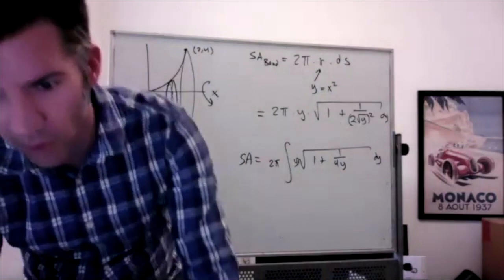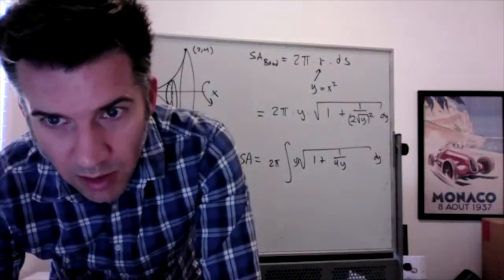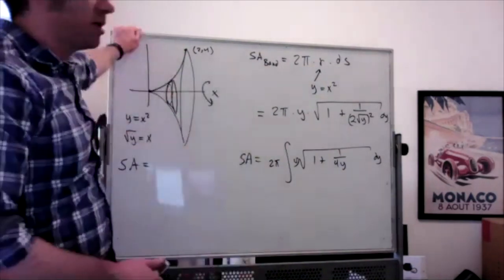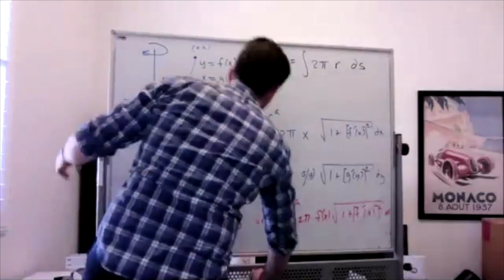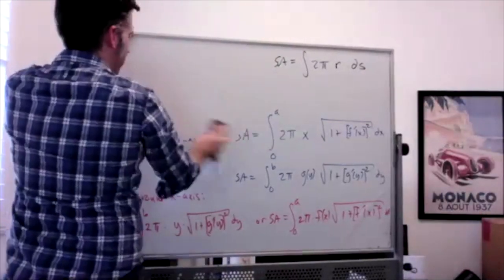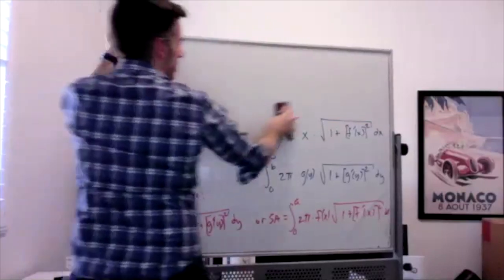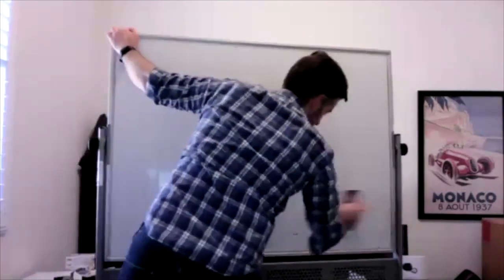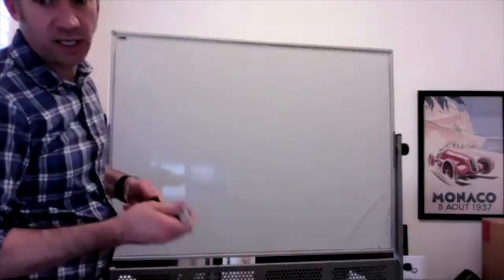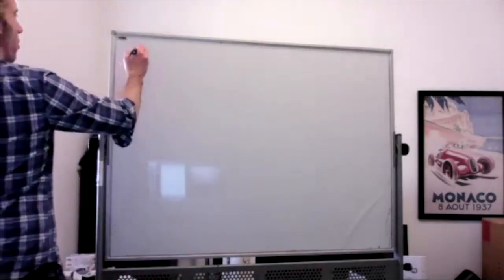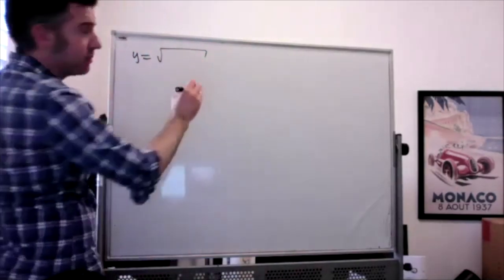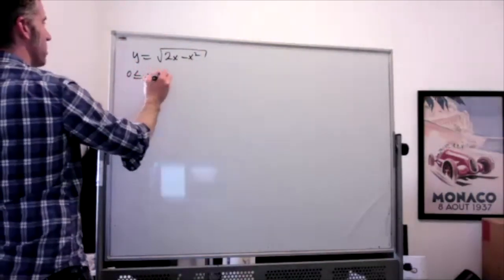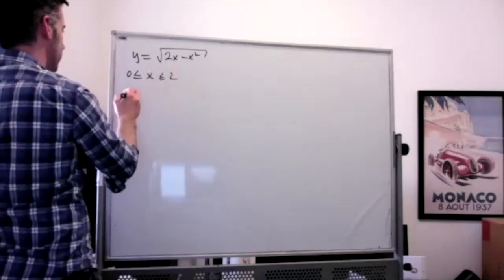So what time is it? 3:42. Let me give you guys 1 or 2 more, and then we'll call it a day. So again, just like before, when you're revolving stuff, you typically have choices, but you're limited by your ability to solve for one thing as a function of the other thing. So for example, if I was given, say, y equal to the square root of 2x minus x squared, where x is between 0 and 2, and I'm revolving around the x-axis,